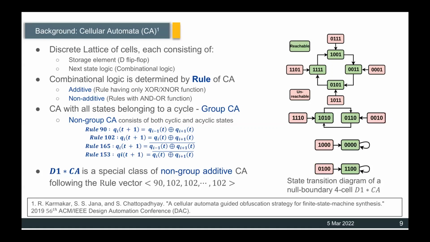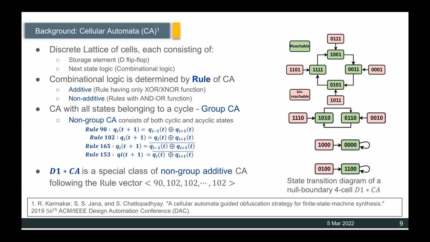So in particular, this solution looks at one special form of cellular automata, which falls under the category of non-group additive cellular automata. This CA is what is called a D1* CA, and